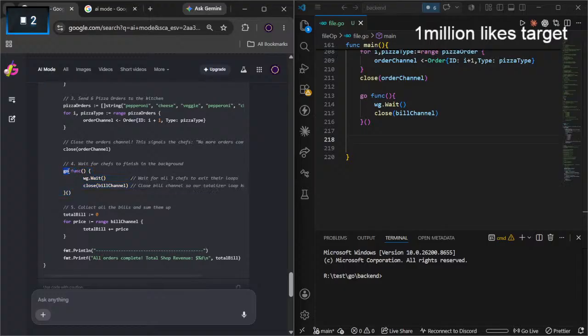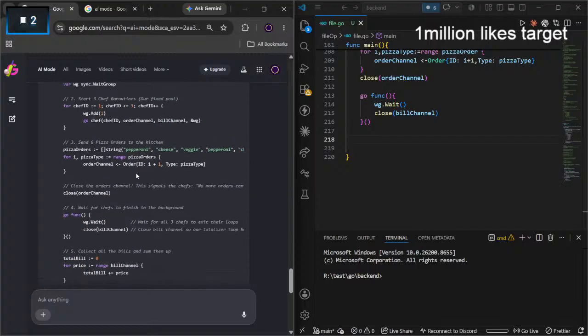We have a goroutine here. This goroutine is going to be running in a different thread right now, and a function is going to get called, and this will wait forever, I guess. So you're saying WG is going to wait until my three chefs prepare the pizza.